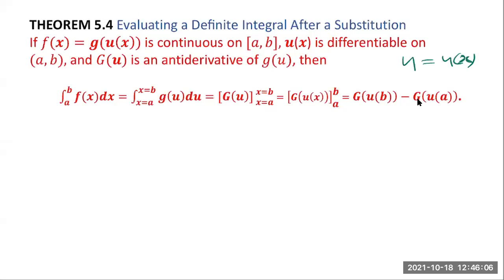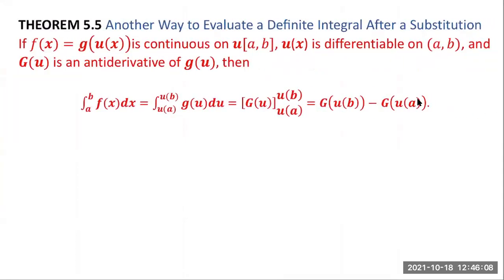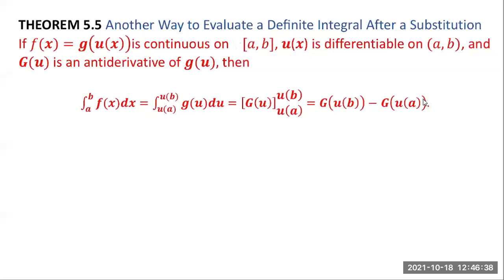Okay, let's look at the next theorem. If f of x is equal to g of u of x is continuous on the interval, here there's a typo, there's no u here. Let me fix that. All right. If f of x is equal to g of u of x is continuous on the closed interval a comma b,